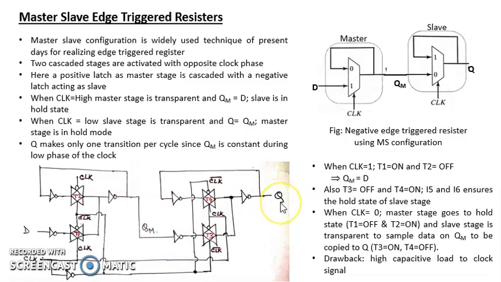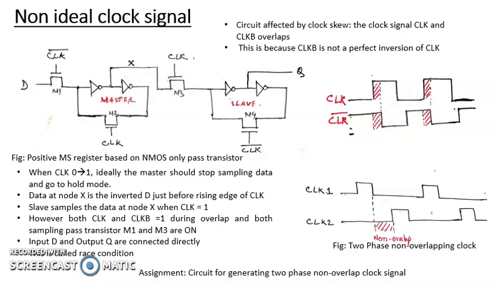So during the falling edge of the clock, the value of the input is presented at the output of the register, and that is why this is called a negative edge triggered register. Until now, it is assumed that the signal clock bar is exactly an inverted version of the clock. The clock bar signal is generally obtained by inverting the signal clock using an inverter. So till now we have assumed that the delay in obtaining the clock bar from the clock signal is 0, but this may not always be true.